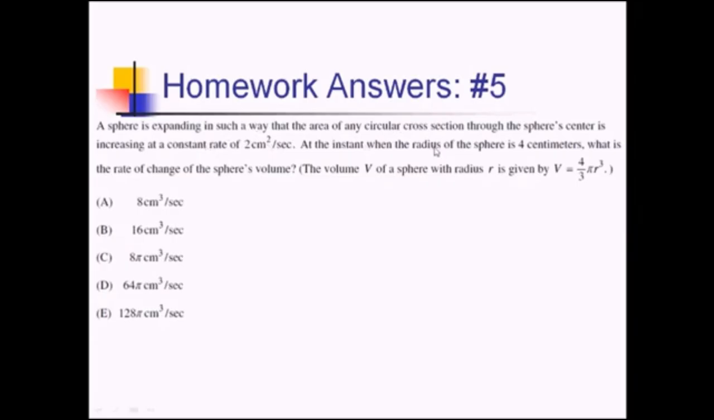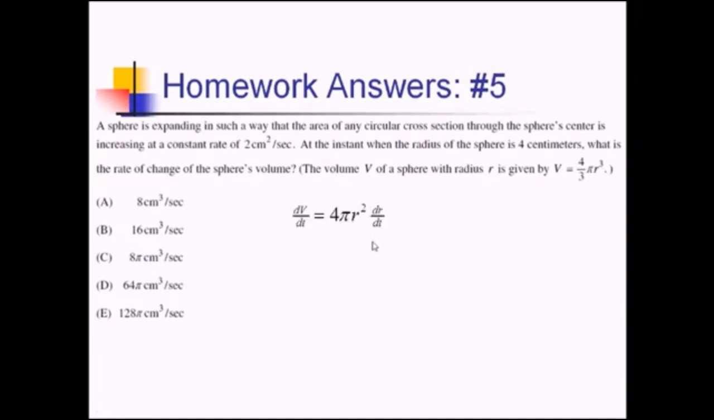At the instant when the radius of the sphere is 4 centimeters, what's the rate of change of the volume? They were nice enough to give us the volume formula. This is what we're trying to find the rate of change of. So let's go ahead and differentiate with respect to time and then see what we still need to figure out. So we'll have dV over dt equals, and multiplying by 3 here, we'll have 4 pi r squared times dr